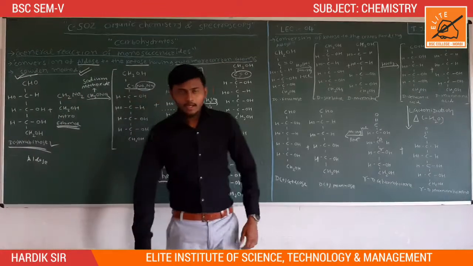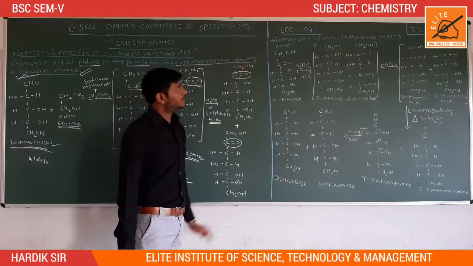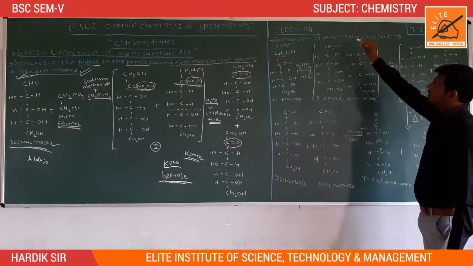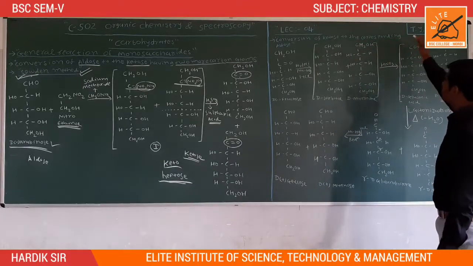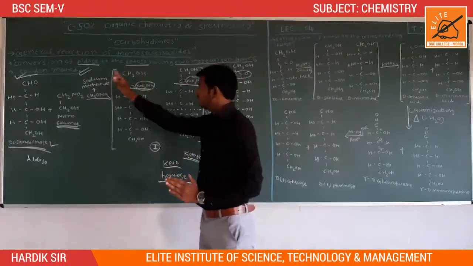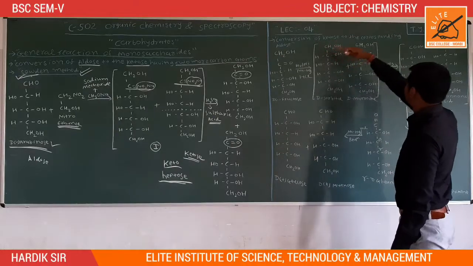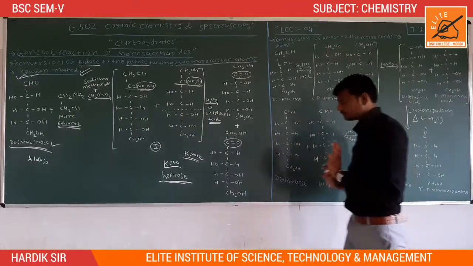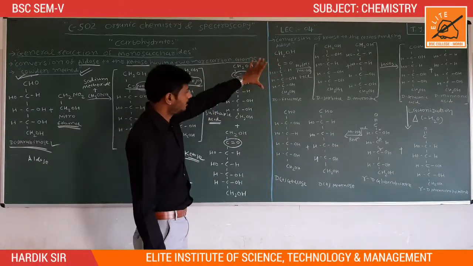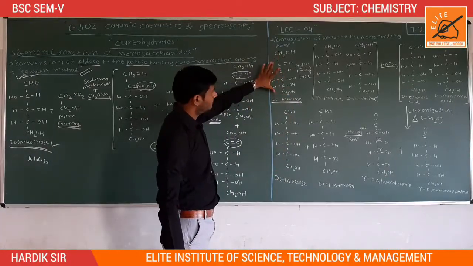So now let us see the next question: conversion of a ketose to the corresponding aldose. Now we had conversion of aldose to ketose, but now we have conversion of a ketose to the aldose. Let us see the structure of fructose. We take the D-fructose, dextrofructose. This is the structure of fructose.